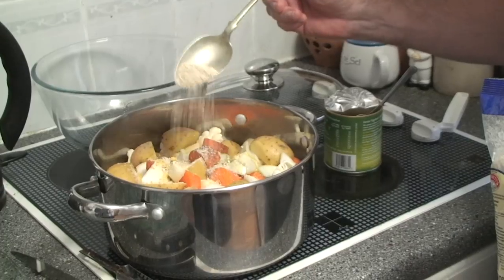In fact, some of the records show that onions were actually used as wedding presents, so they were obviously worth quite a bit. So we're going to use one of our onions from the allotment to make a Lord Woolton pie. The next ingredient is a tablespoonful of oatmeal,